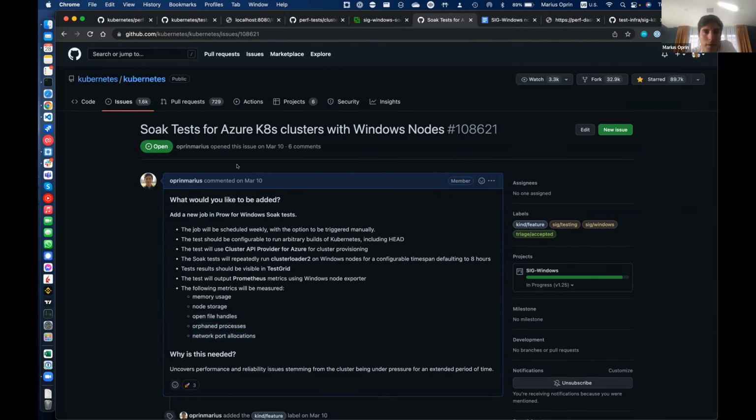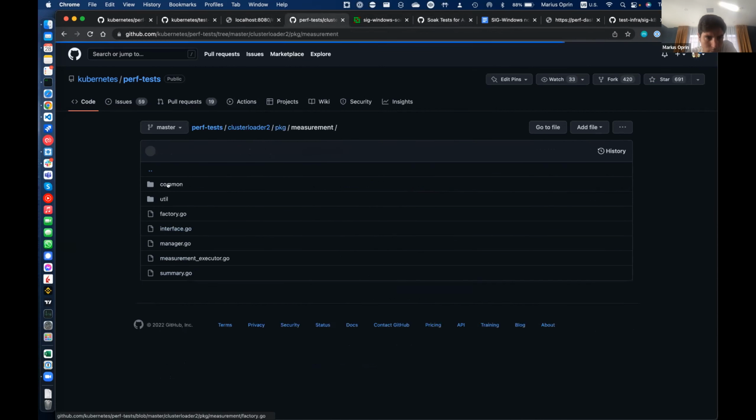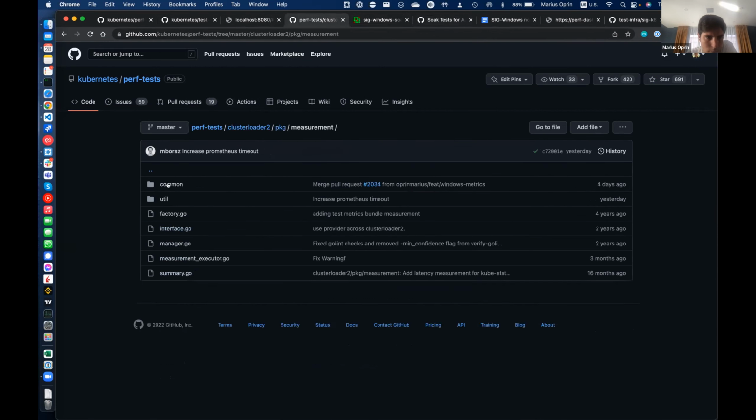they are, where is it? I messed up all these tabs. It's here in package, measurement, common, and SLOs. So these are the metrics that we collect.